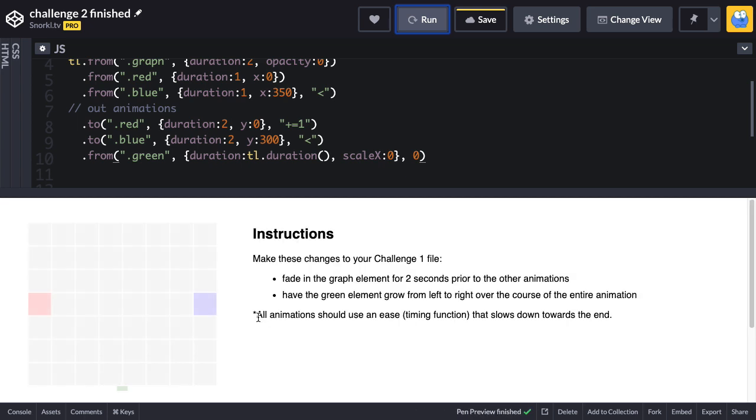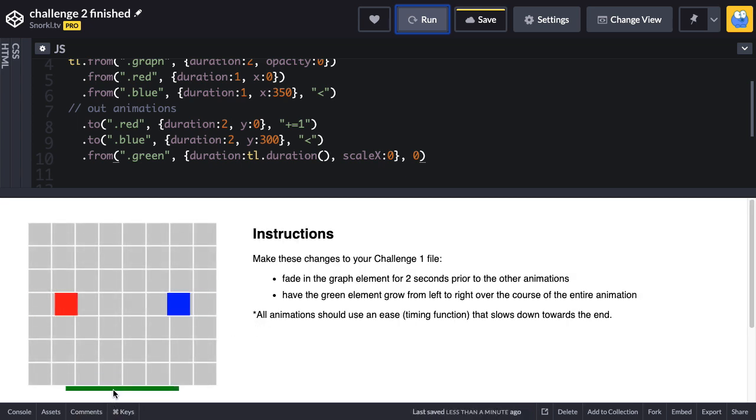So check this out. It's going to sort of work. What you'll see though is that for the entire animation it scales, but it's coming from the center because the default transform origin of these elements is the center. So within the tween, I could set the transform origin to be 0, 0. I could also do that in CSS, but you know me, I like JavaScript. So let's run it one more time. And now you'll see that for the entire animation, the green bar is growing, and it stops, boom, right when